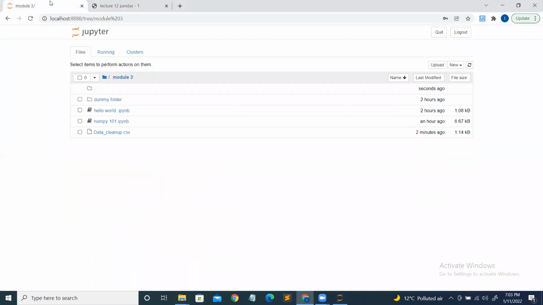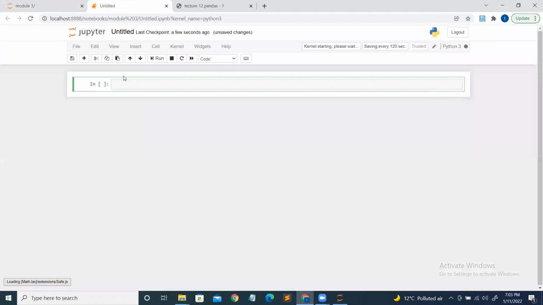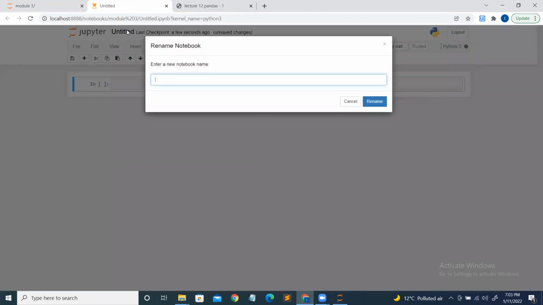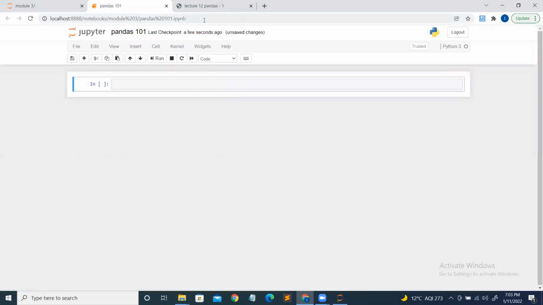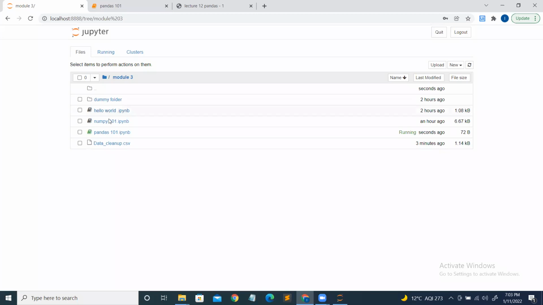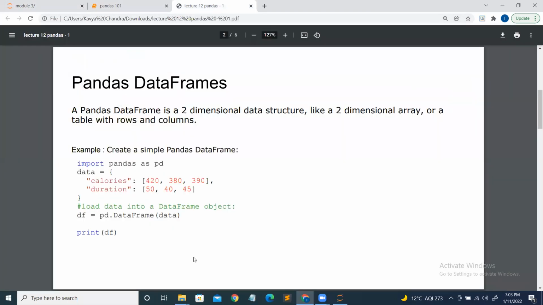So let us first of all open a new Jupyter Notebook in Python. Let us name this Pandas 101. Okay, this should do it. Do we have a data file here? Yes, we have a data file called data underscore cleanup. Let us begin by creating